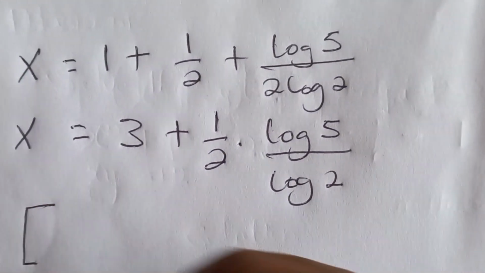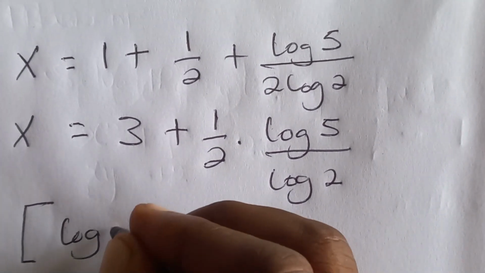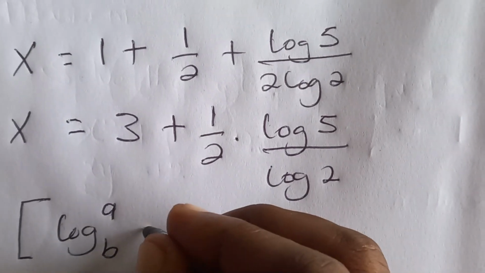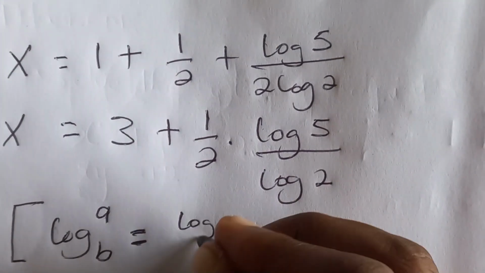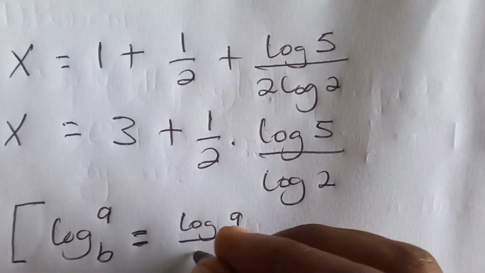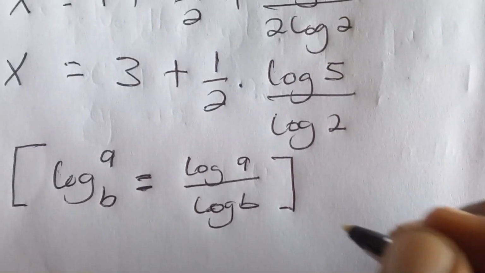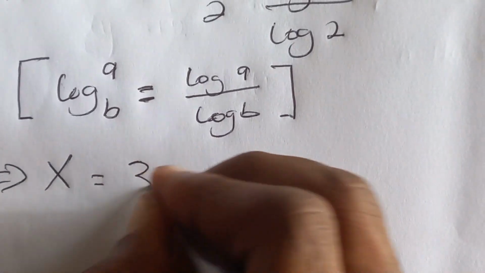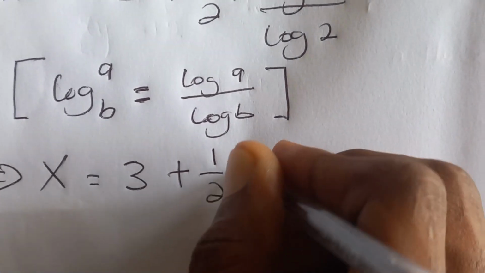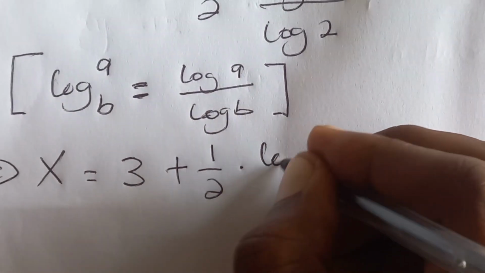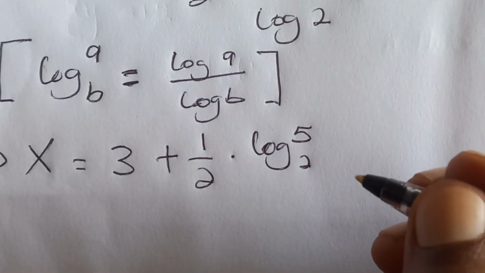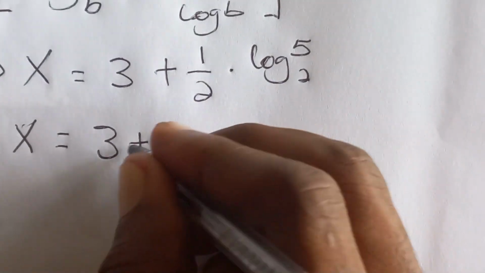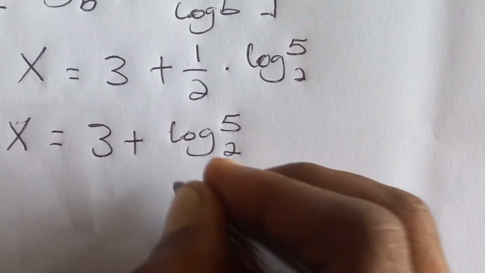And in logarithms, when we have log a base b, we can rewrite this as log a on log b, like this, okay. So we are going to apply this here. So now our x is going to be 3 plus 1 on 2 multiplied by log 5 base 2, like this, okay. So our x is equal to 3 plus log 5 base 2 on 2,